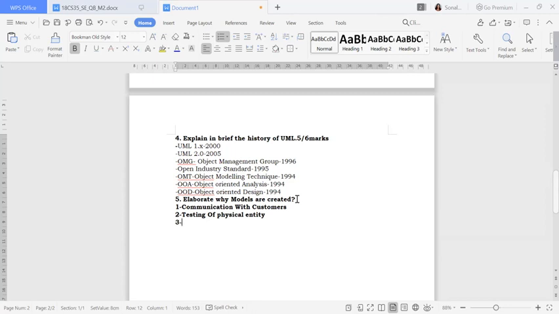Next point will be visualization. Here in this visualization point, you can represent how the model system can be represented, because it is a visualized thing. What are the main elements that have to be there, what are the main activities going to be performed, how you are going to write events, and how you are going to show transitions. All these things you have to write from the customer's perspective towards your model.